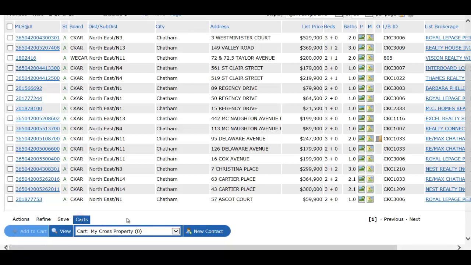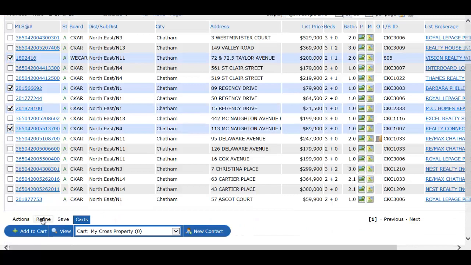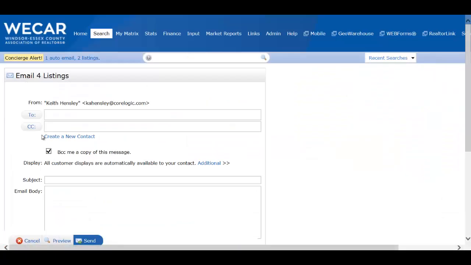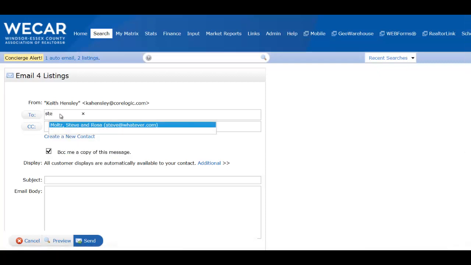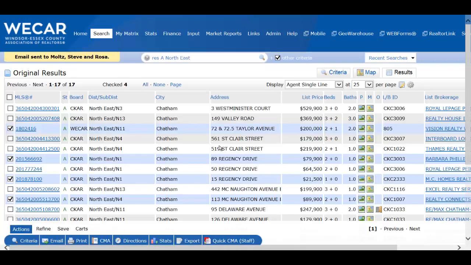Carts are really neat feature too. So for example, let me pick 3 houses, and let's say I email those 3 listings to a client. And in here, I'm going to pick a client, well, I've been picking on Steve and Rosa, so let me use them again. So if I email those 4 listings to Steve and Rosa, okay, now let's say they come